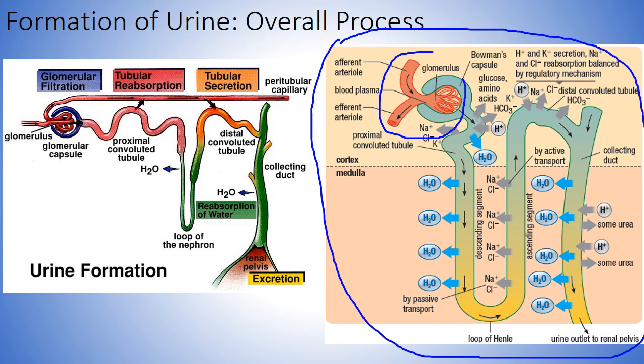Filtration occurs here. We have different functions of this nephron, or this structure, which we'll talk about. You'll need to label this on the test. We see this group of different capillaries here kind of come together. This is known as the glomerulus. Again, blood is received by the glomerulus,